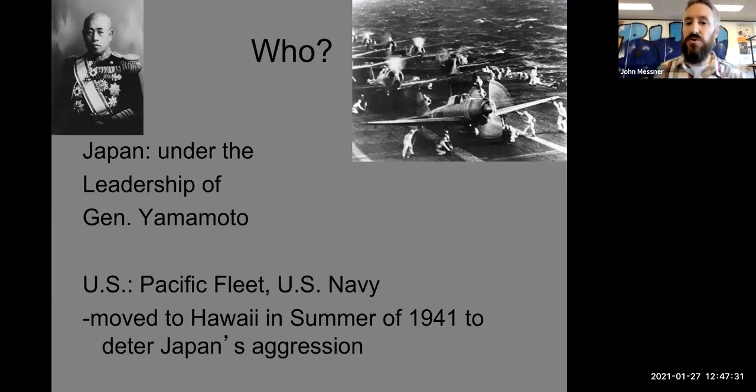So who's the "who" of the W, who is going to be involved? Well, the Japanese are going to be under Hideki Tojo. He's the prime minister, like military leader and ruler. And again, if you remember our causes, there's also an emperor, but he's just revered. He doesn't really have any power. He's just worshipped. His name is Emperor Hirohito. So he doesn't necessarily tell Tojo what to do. Tojo makes his own decisions.